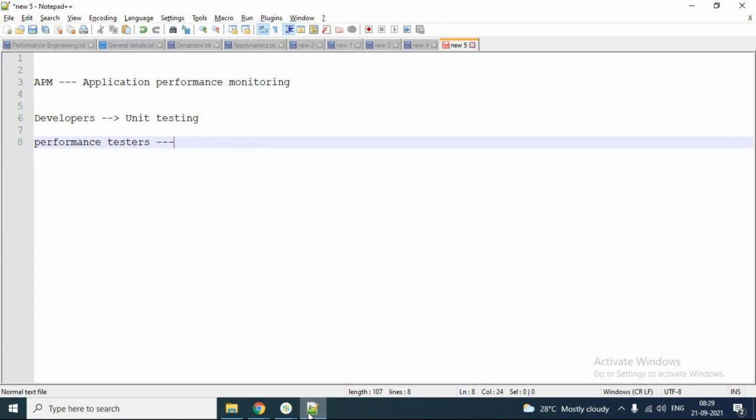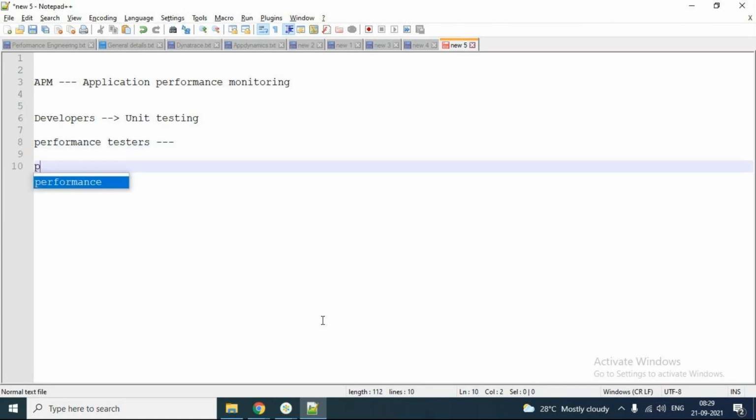Next one is performance engineers. Performance engineers every time will try to optimize things. They will try to fine tune certain things: at the infrastructure level, at the code level, at the database level.